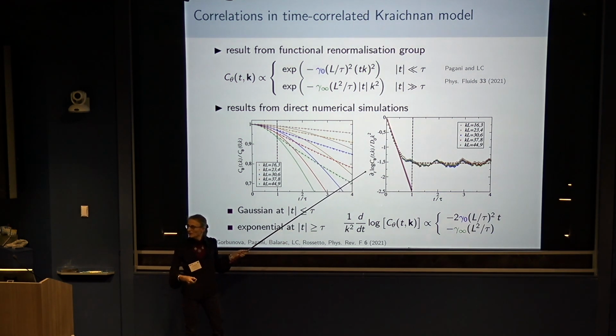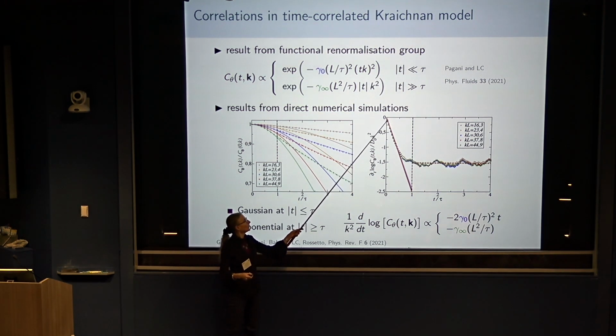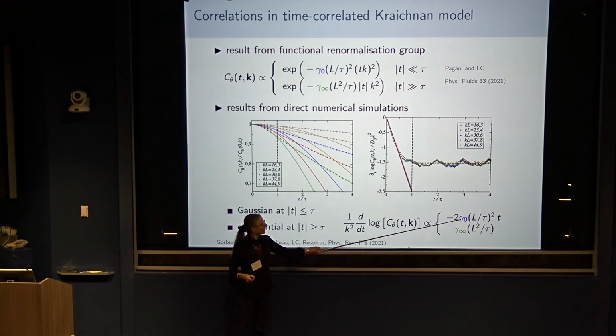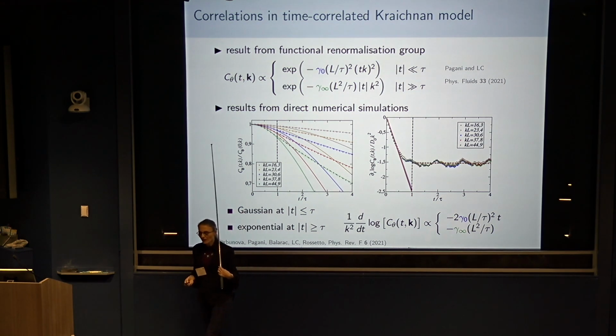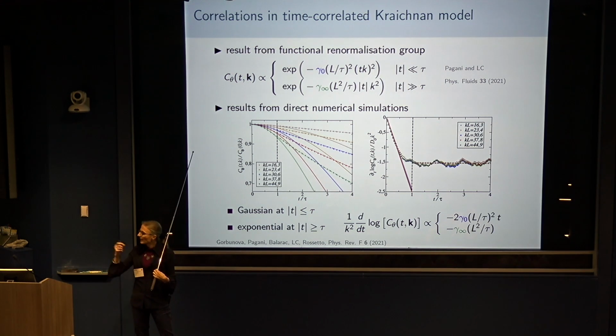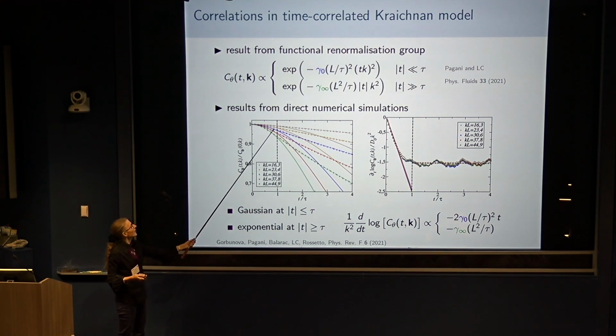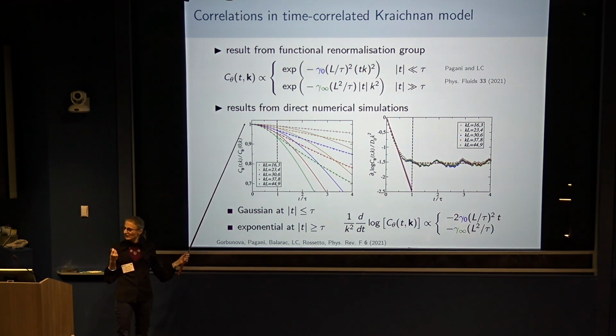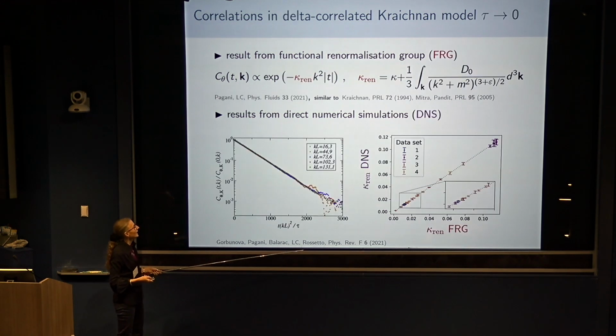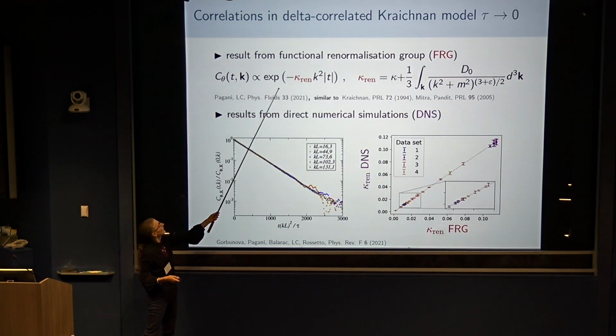Everything should collapse onto a constant, a negative slope at small time to a negative constant at large time. And this is what we observe in these numerics. And in fact, if tau goes to 0, you have a simpler limit. The Kraichnan limit corresponds to sending this tau to 0, so you just kill the initial Gaussian regime. So you end up with a pure exponential decay. And so this is what you obtain.